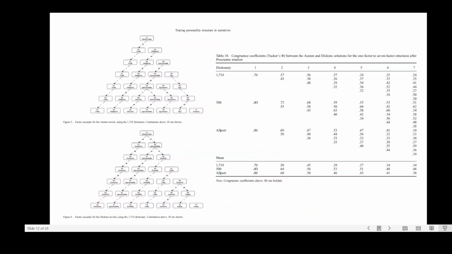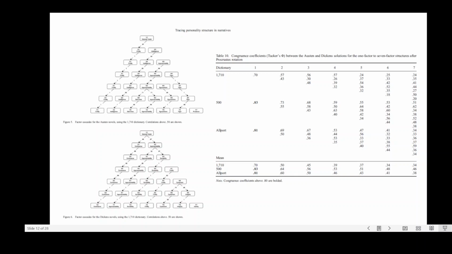Furthermore, what is really interesting for us, we can qualitatively identify meaningful factors. So for both the character descriptions for Dickens as well as for Austen, looking at these factors that qualitatively seem to make sense, we can identify factors that seem to be similar across Austen and Dickens. But then once we start running some more quantitative tests on it, we can't really find factors that quantitatively are similar across the two authors.